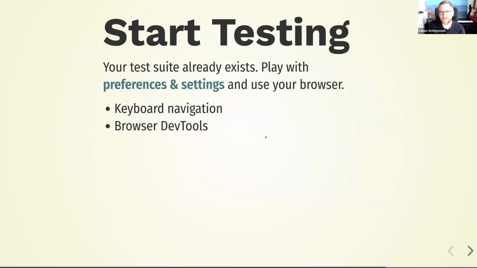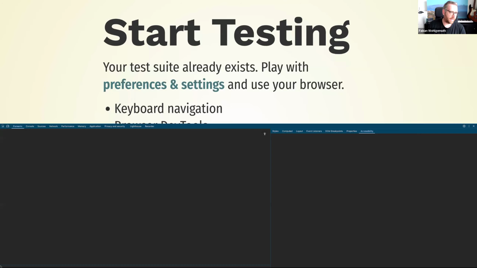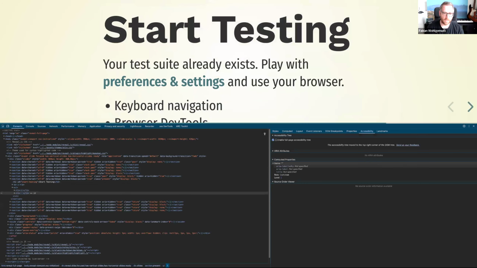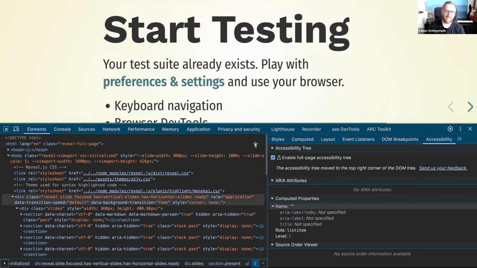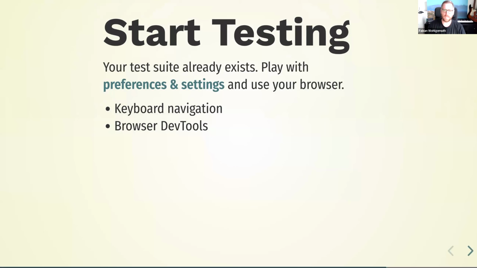I'm guessing most people are familiar with the browser dev tools, but I can inspect my browser window, and I have information en masse. I have the accessibility tree right here, and I can look at heading structure, and I can look at what the alternative texts for images are.